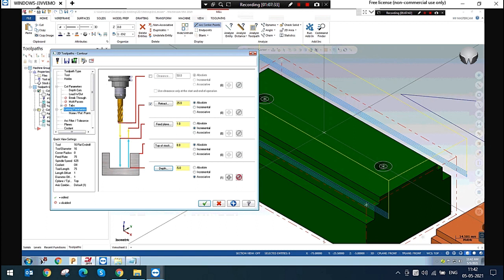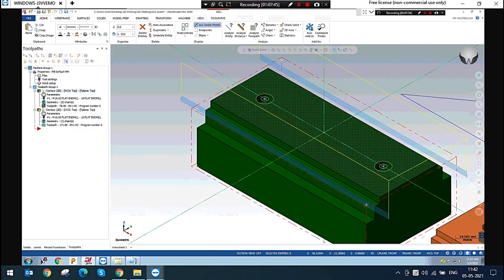Yes, brother. Because the top of stock is absolute, it will be 0. The depth one will be associative. So if you have changed this face also, you can simply enable top of stock to associative to this top face. If you change this, that will also be modified.